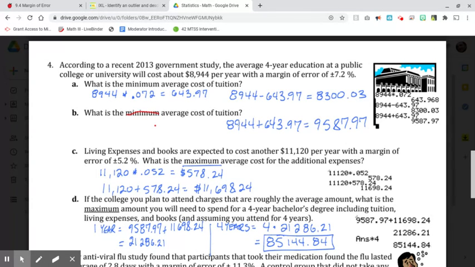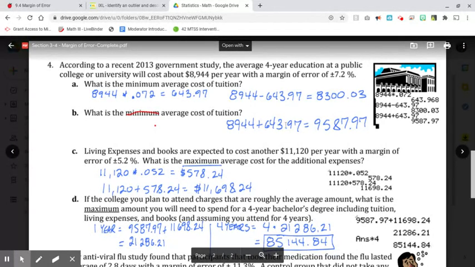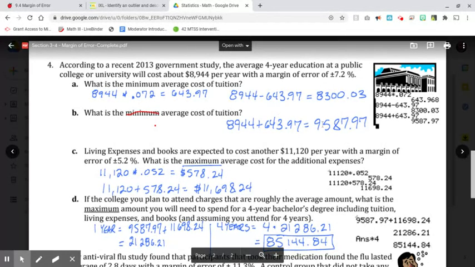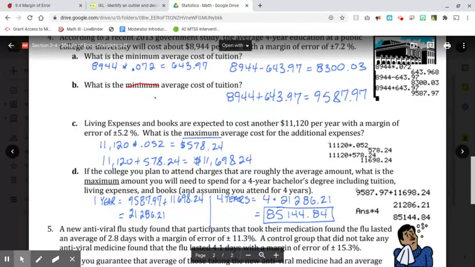And to get the highest, we take the 8,944 and we add the 643.97, because that is our margin of error. That's how low it could possibly go, and this is how high it could possibly go. And there you see the calculator work to the right. Okay, C says,